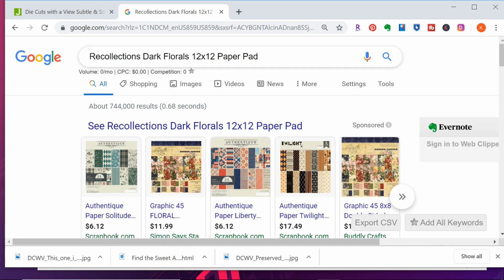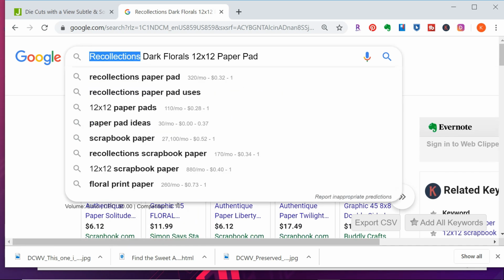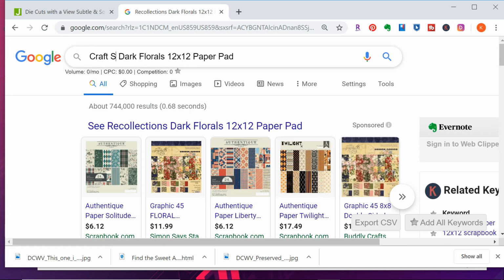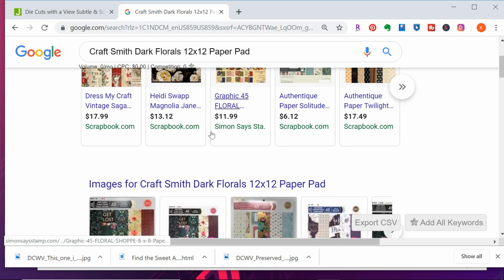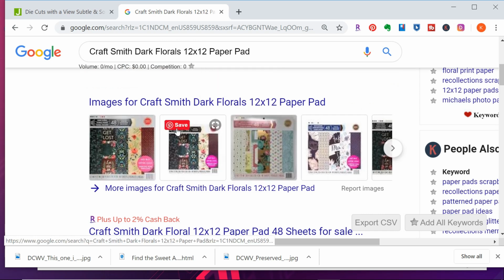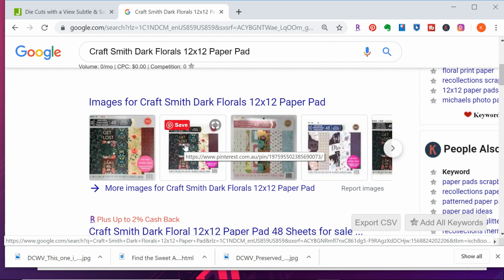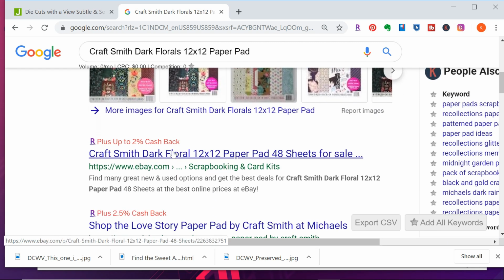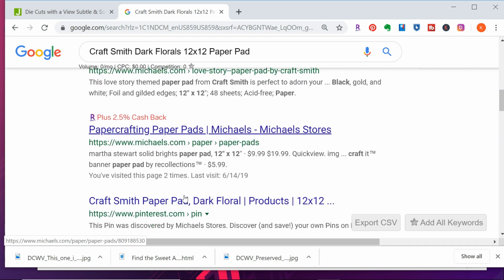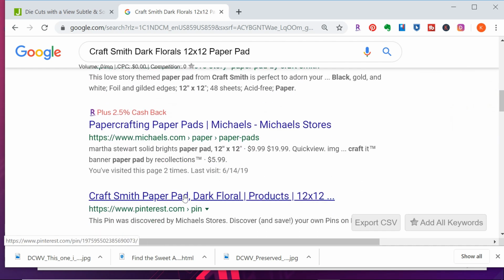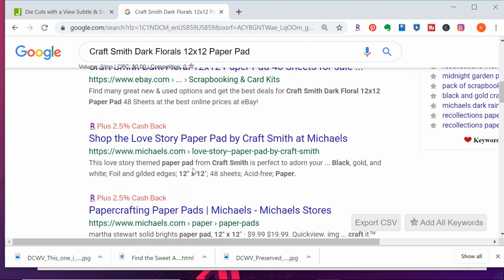to be. Now I think this is not coming up because I'm using the wrong brand. I think the manufacturer here is actually Craftsmith. And I'm still not seeing it. Is it this one? I think it might be. Let's see. Oh yeah, Craftsmith Dark Floral. Okay, so this is one I think that is probably no longer available at Michael's, and so you're not going to be seeing it, and so it's going to make it a little bit more of a challenge to find